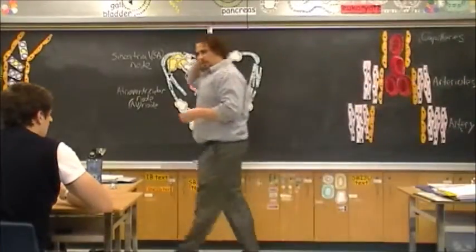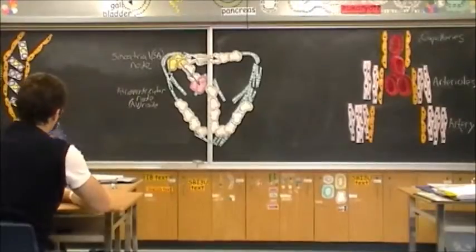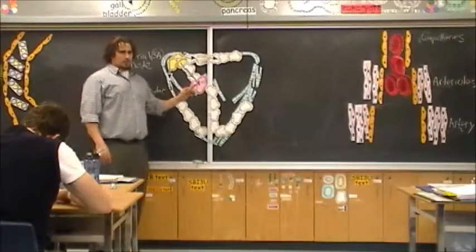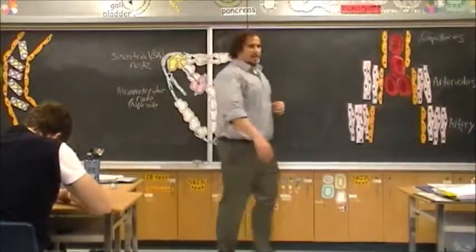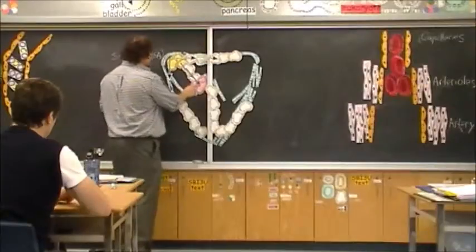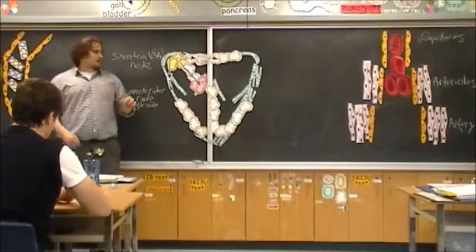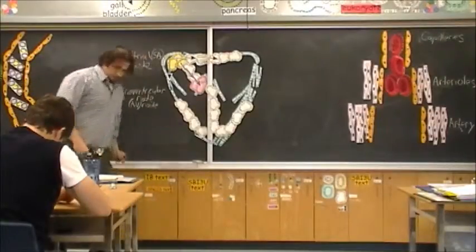I believe the number in your textbook is 0.1 seconds, something like that. A 0.1 second delay. This delay is important. Can someone tell me why the delay is important? So the AV node delays and then sends the signal